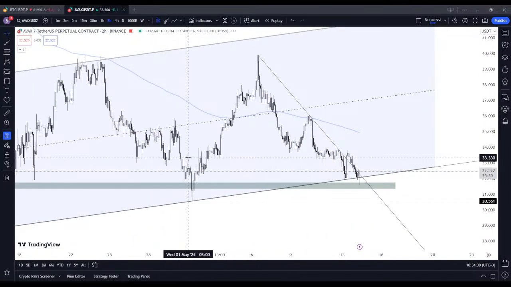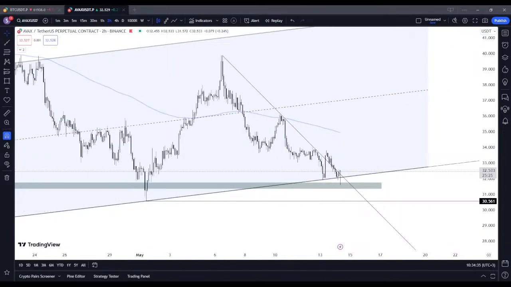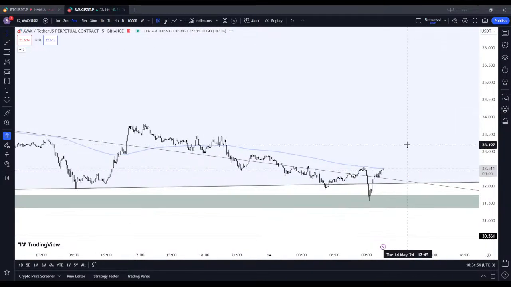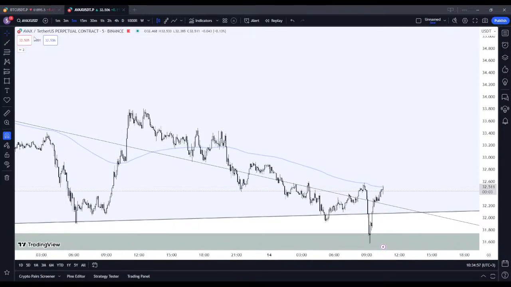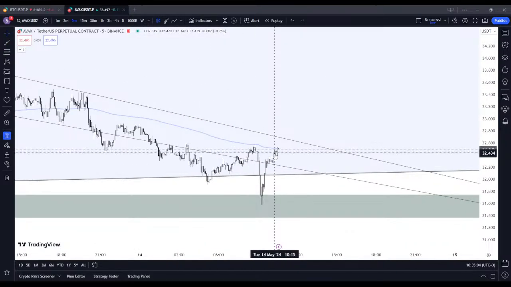Also, I'm watching this AVAX potential long here. We see that we have a violation of FVG. We had 3 equal lows, 1, 2, the third one. And I'm watching for a potential structure on 5 minutes. So far, everything is in a downslope, even on lower time frame. It looks like a downslope here.